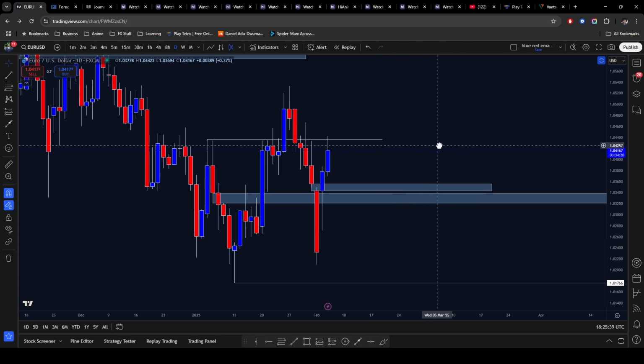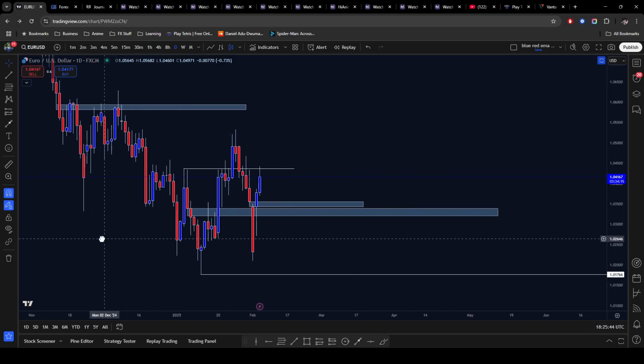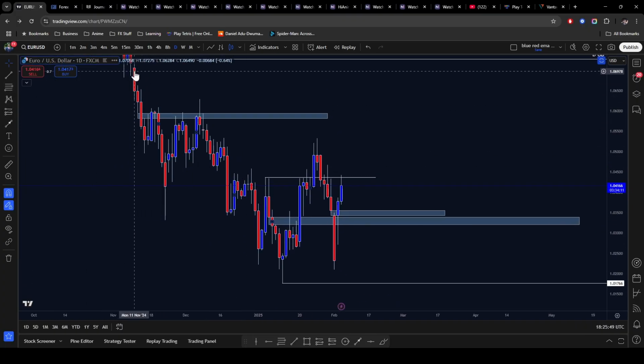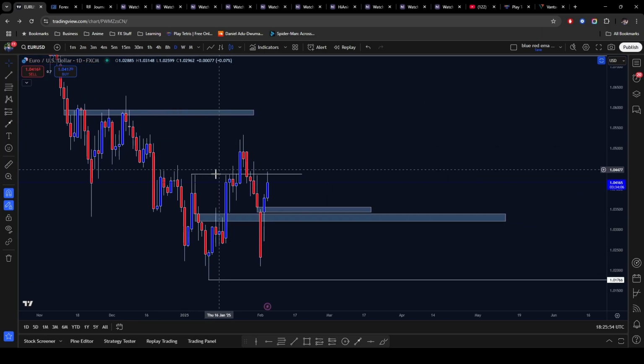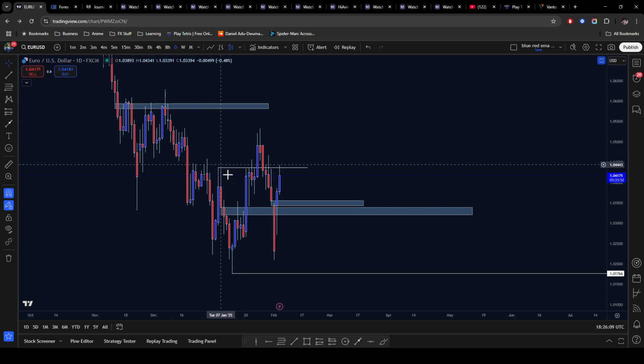And then with that, as you would know with ICT concepts or SMC concepts, when price has been in a constant downtrend of lower lows and lower highs all the way over here until we got this big push above this one. Obviously, sometimes it might not play out this way. We still haven't been given the evidence that price is going to fully reverse into a whole uptrend here. But some of the hints you might get beforehand, if it does happen, you can see how price broke above this level, and then usually what you might see is